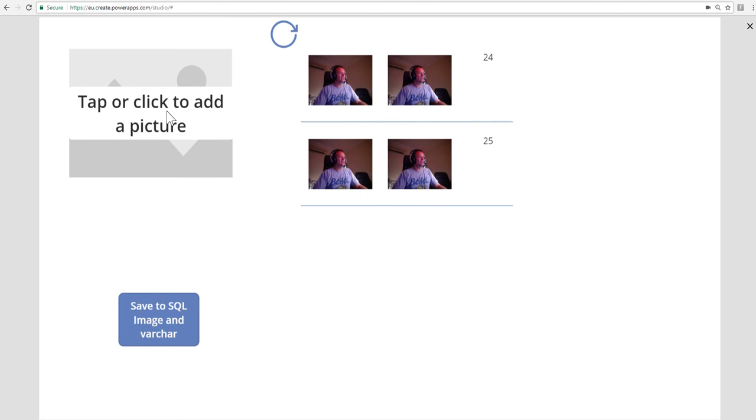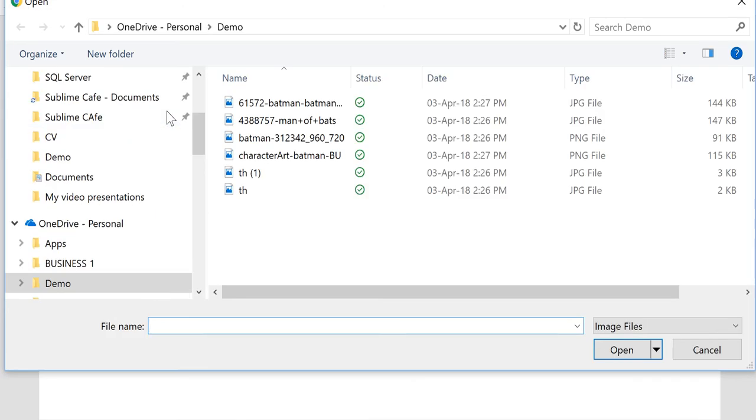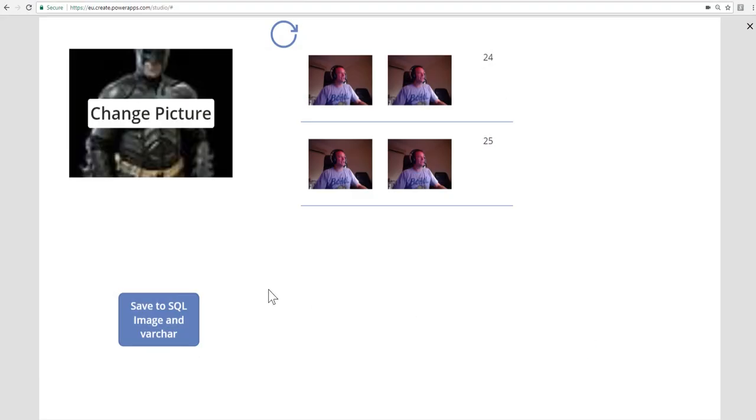So I'm going to tap on the add picture control, and I've got a few images that I've created earlier or pinched off the internet earlier. So let me just select one of those and hit the open button. So there we are. I've got some pictures of Batman, and I am going to again save this both as a SQL image and a varchar image. Okay, so for the moment this is exactly the same code as on the previous screen,